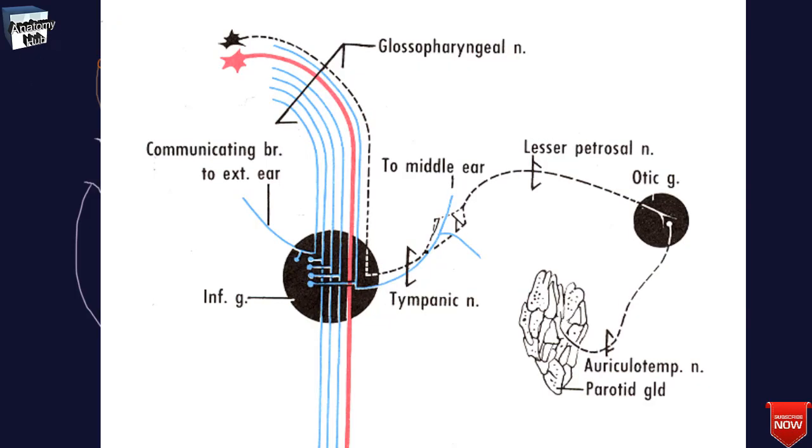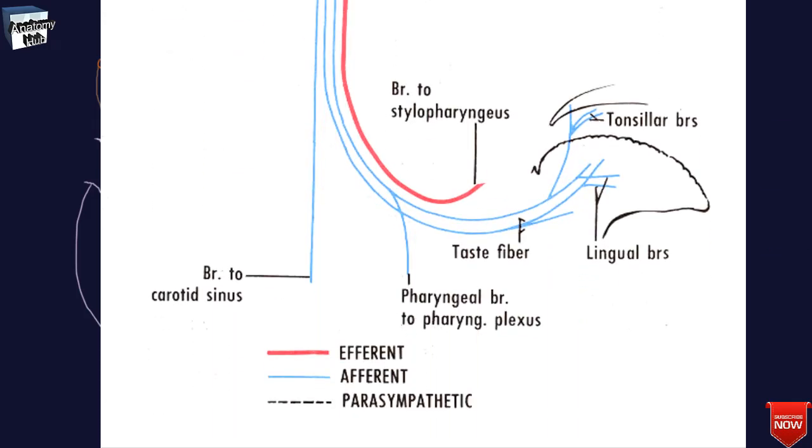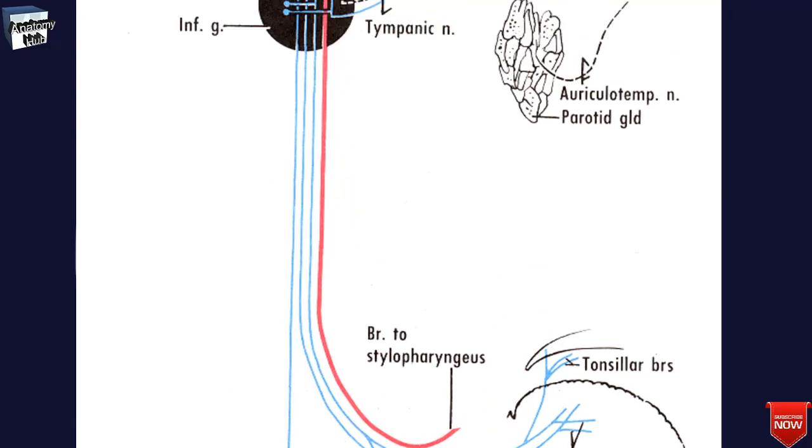Like that, you will find the lingual branch that provides the posterior 1/3 part of the tongue with general and taste sensation. Like that, you will find the tonsillar branch that forms a network of nerves known as the tonsillar plexus, which innervates the palatine tonsil. If we consider the motor function, the stylopharyngeus muscle of the pharynx is innervated by the glossopharyngeal nerve, and this muscle acts to shorten and widen the pharynx and elevate the larynx during swallowing. The parasympathetic function that you can